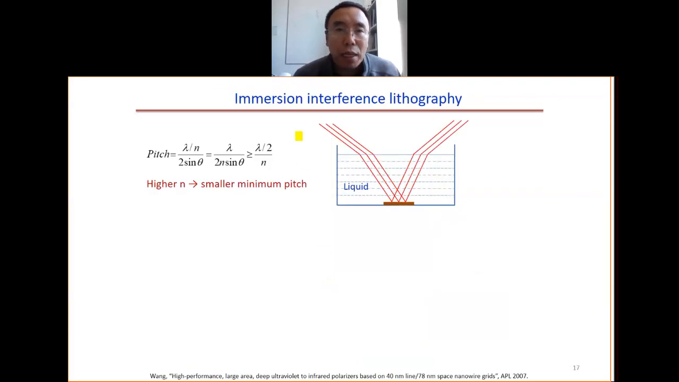The last topic is immersion lithography. We have seen that we can use immersion lithography to get better resolution in the case of projection lithography. Can we do immersion for near-field lithography? You can imagine we have the light, and we put the wafer in the liquid, but as you can guess, the resolution is not improved, because the pitch is given by lambda over 2 sine theta, which is lambda over n over 2 sine theta, equal to lambda over 2n sine theta. We know that for the liquid, because of Snell's law,